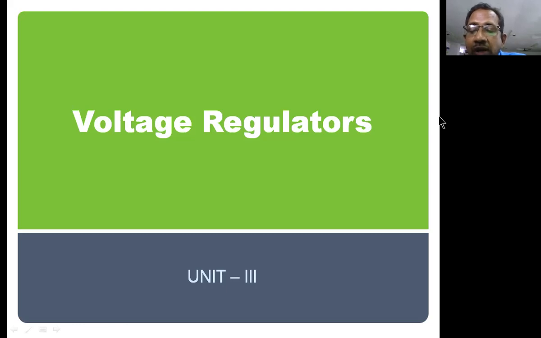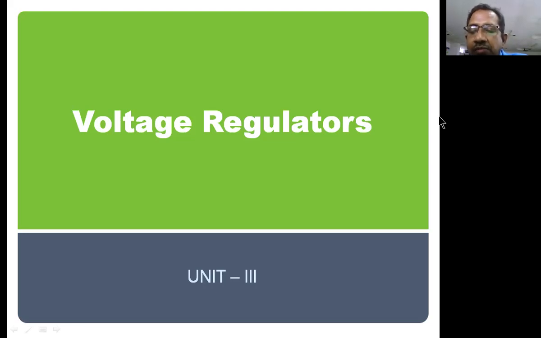So the only option that is left over is that every electronic gadget, device, circuit or system should comprise a power supply unit internally, so that the internal power supply unit converts the input AC coming from the AC mains into the suitable DC voltage for the underlying circuit. That is the best option or best method that we have. That's the reason why we will be dealing with the power supply units.